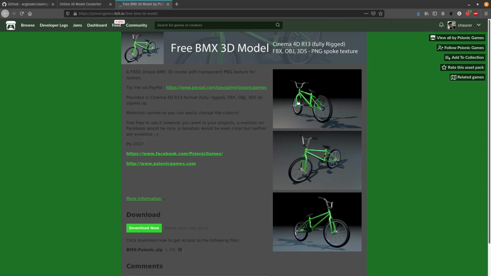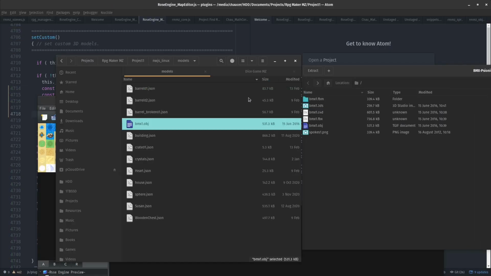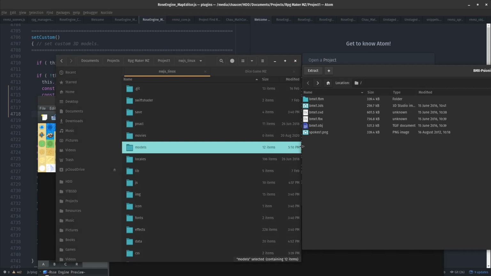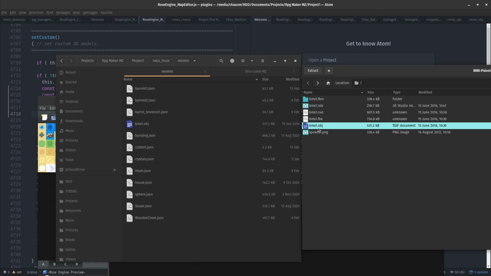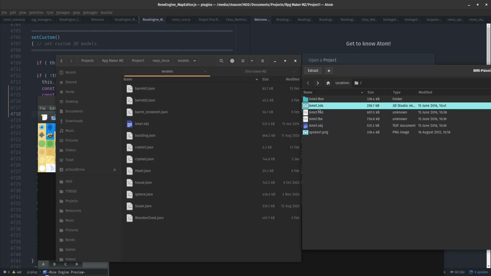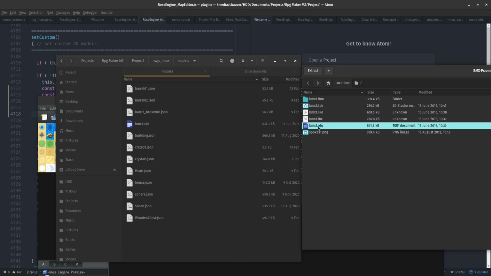So I've already downloaded this bike, and I'll show you how to add it to your project. It's really simple. Okay, so I've already downloaded this. Now, first of all, in your project, you're going to want to create a models folder. This models folder is going to hold all of your custom 3D models. You're going to want to place the file that you've downloaded into it. Again, there are 4 different formats here. You only need one of them. I already took the OBJ file,